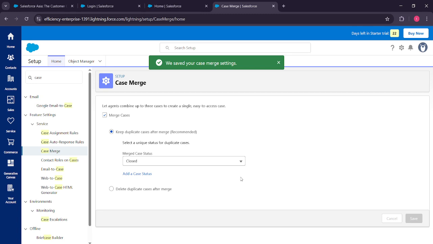Remember that efficiently managing your cases can greatly enhance customer satisfaction by providing quicker resolutions and streamlining communication, and that's all there is to it. You've successfully learned how to merge Salesforce cases. With this feature, your case management can become much more